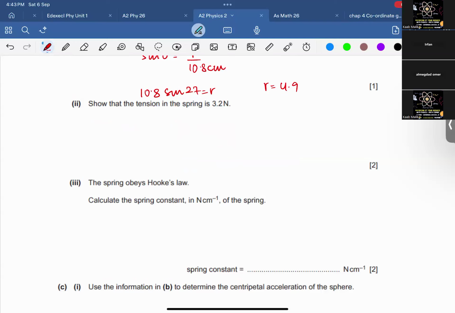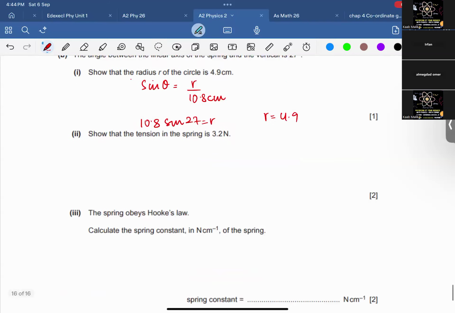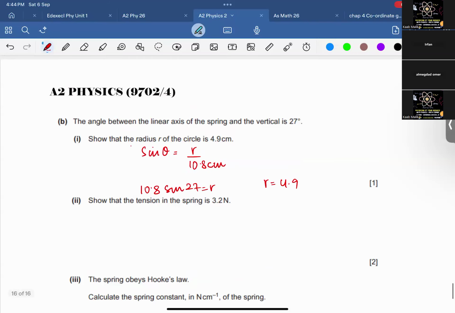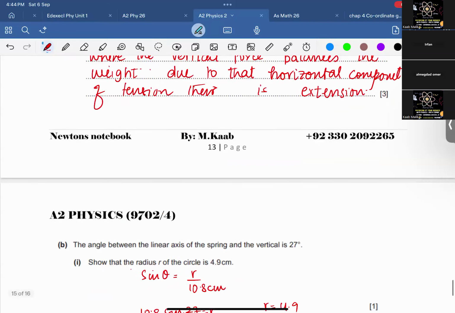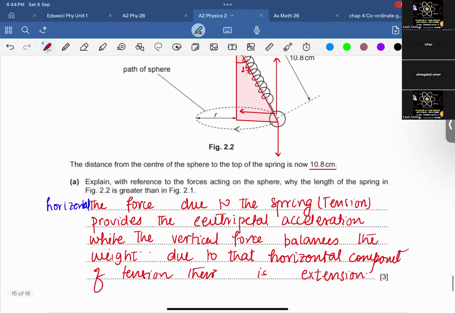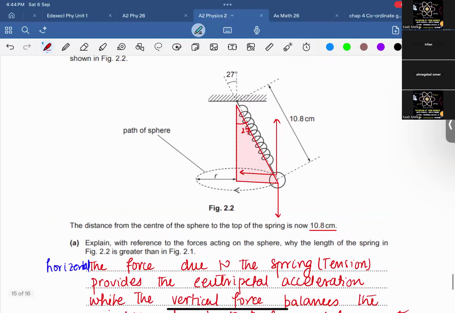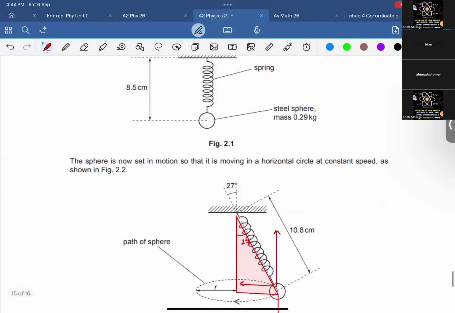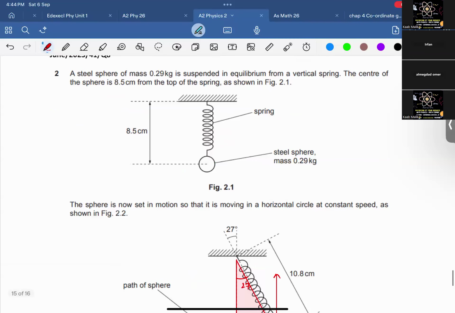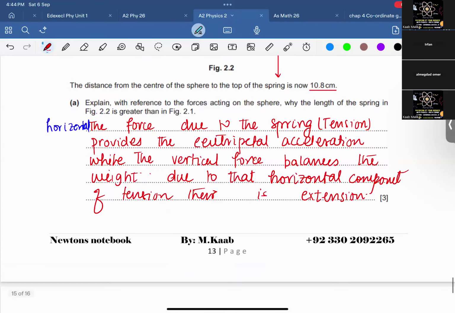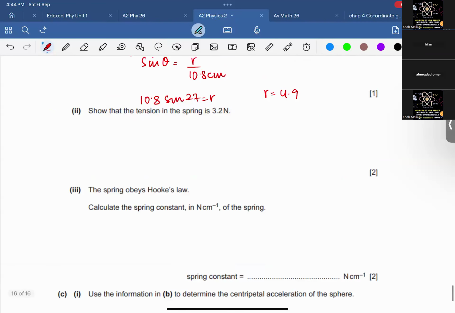Show that the tension in this spring is 3.2. Do we have the angle? We can equate it with the weight if we have the weight or mass. Okay, we have the mass. So we can say that the weight is basically equal to T,